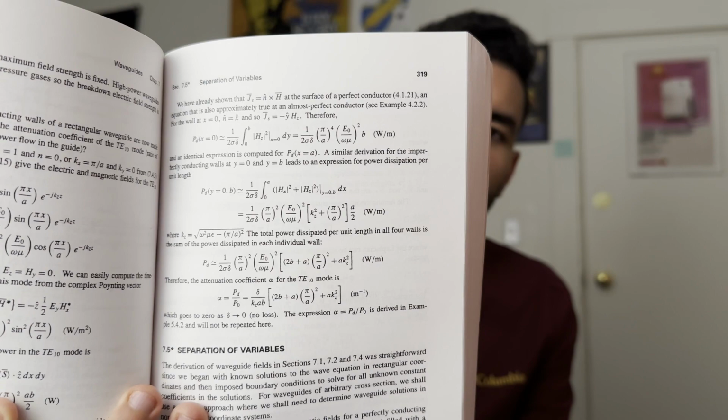So there's a big problem with engineering textbooks, and that is that most of them look like this. There's just a bunch of derivations, equations, math, and a little bit of text to support what's actually going on. And I've seen this as a trend in most engineering textbooks I've come across, especially in introductory courses, where the math in the textbooks is actually used to explain the concepts from scratch rather than as support